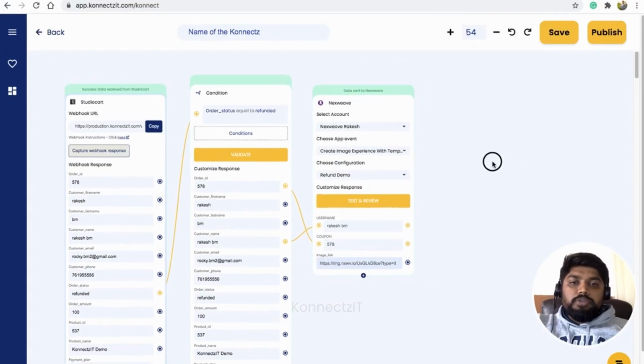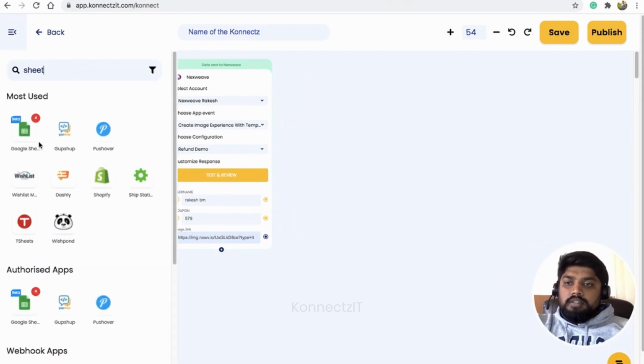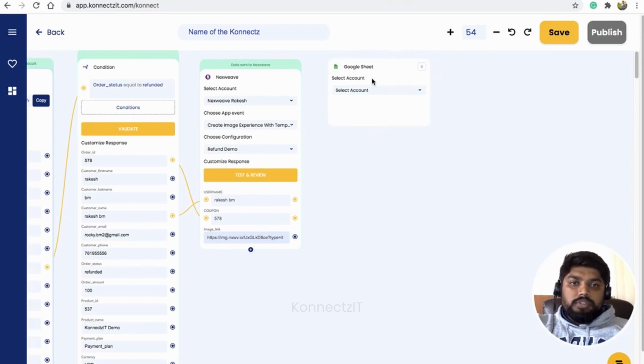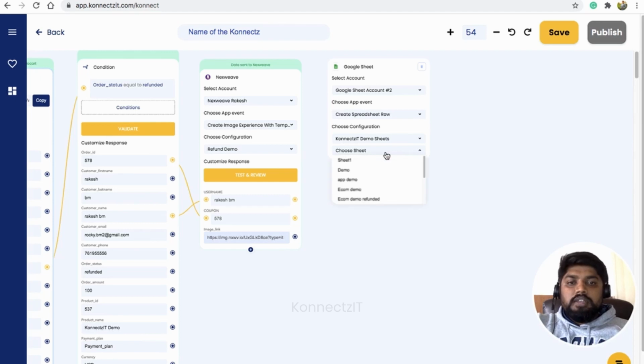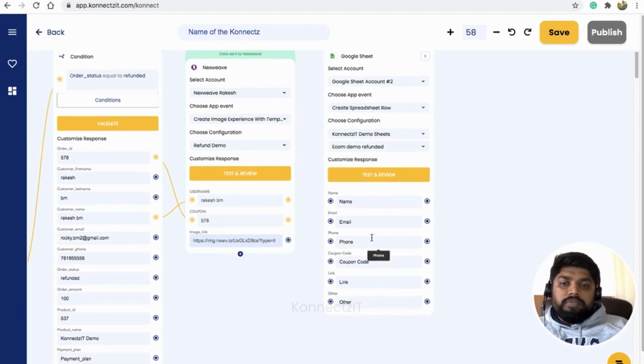Now we will store this record inside Google Sheet. I'll go to Google Sheet, drag and drop Google Sheet, choose the account, choose the trigger as create spreadsheet row, and choose the sheet. I'll choose demo sheets and the particular sheet. Here I'll choose the refunded sheet, where I will push all the records which are refunded.